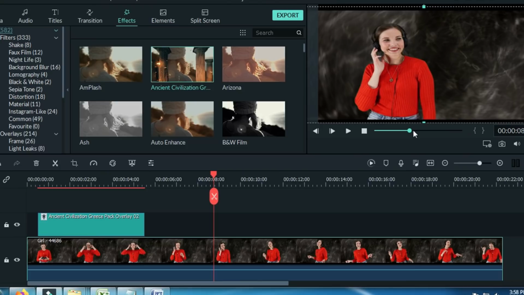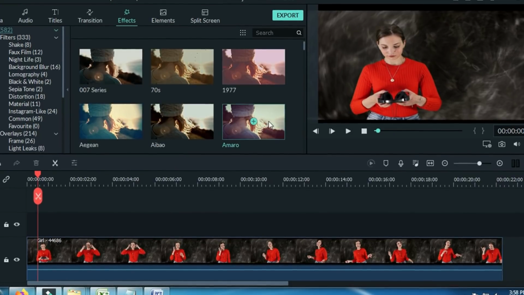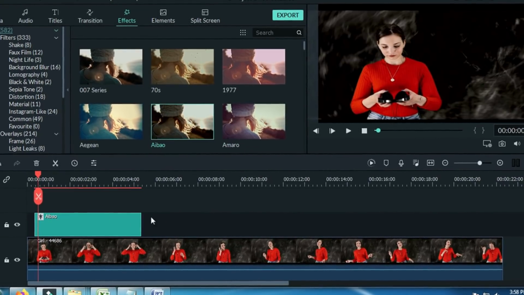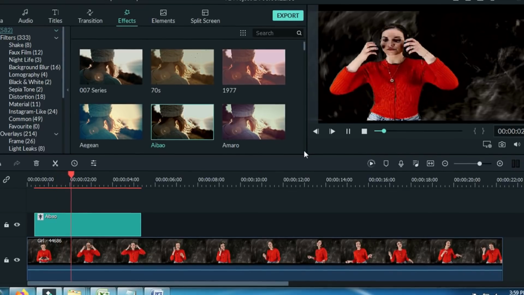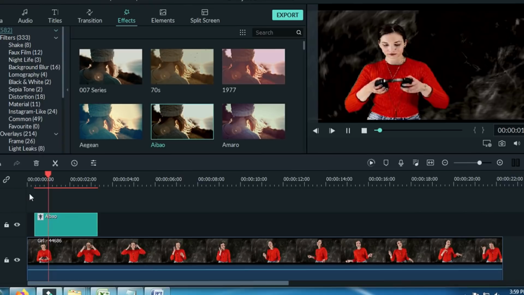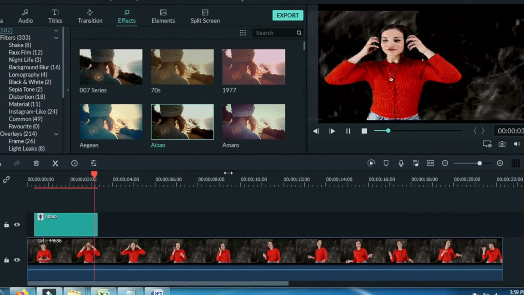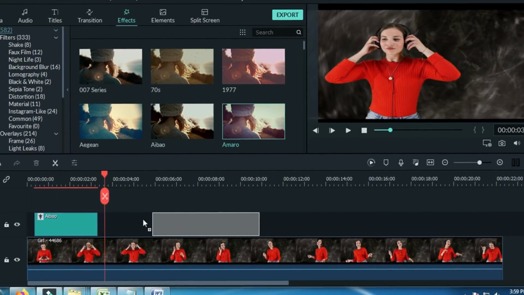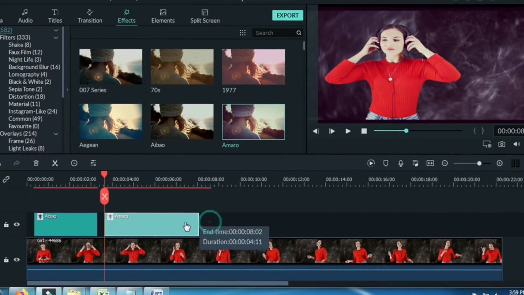I'm going to show you many effects and filters. Compared to other editing software, Filmora 9 has many features, effects and filters. It is very user-friendly software. You can apply a filter over a filter.